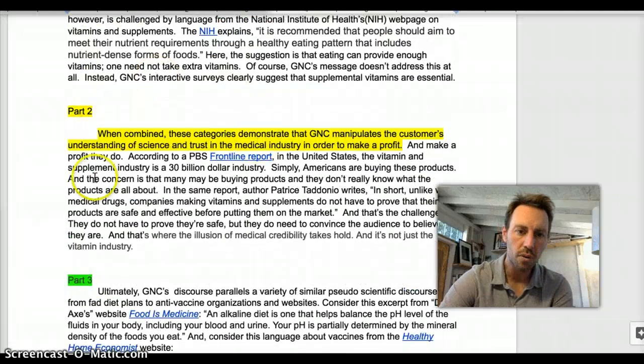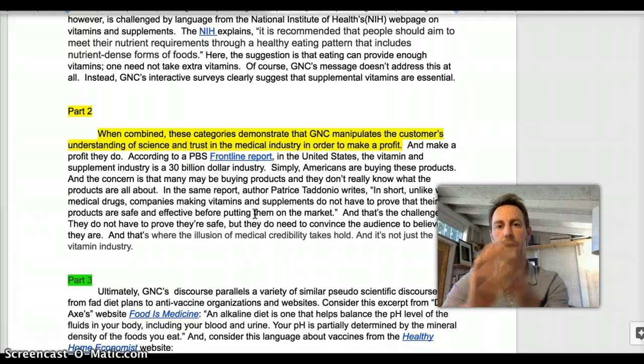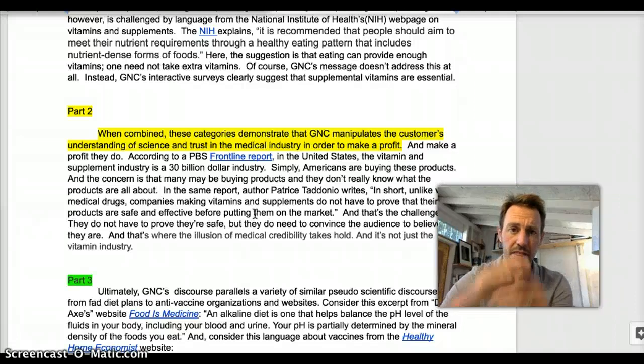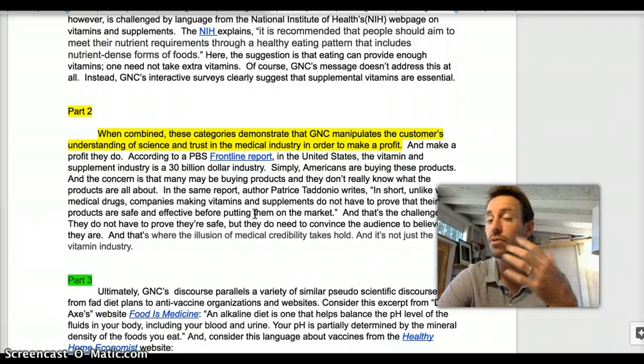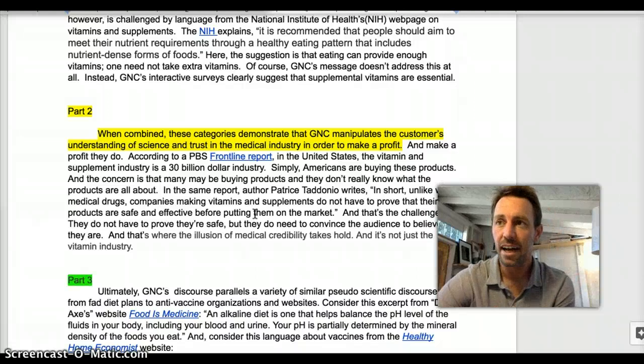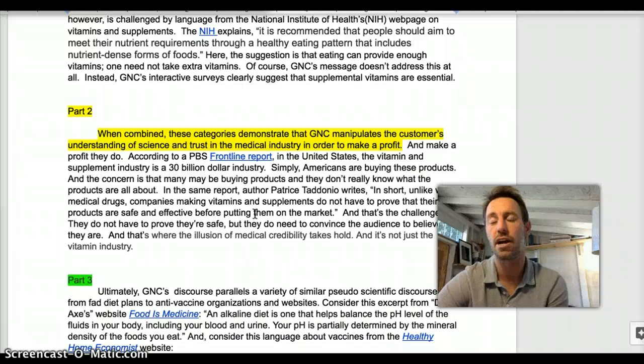And so I want to start with the part 2 section. In this paper, you will remember that we were addressing the illusion of medical credibility. That now becomes this kind of cultural narrative discussion because it suggests that in the culture, there is this real trust in the medical establishment. And so if we can make our language seem as if it's medical, then people may buy into what we're trying to say or what we're trying to sell.